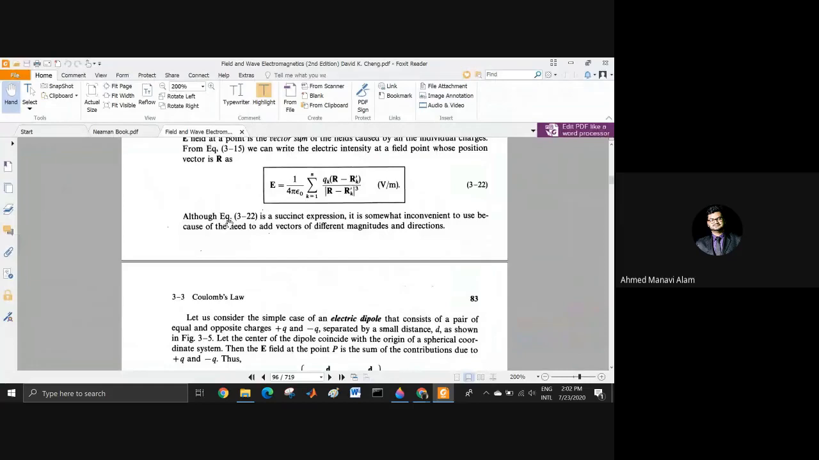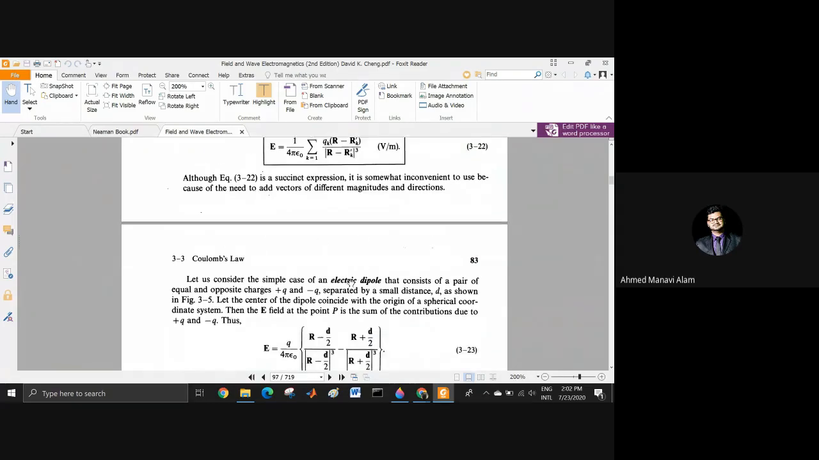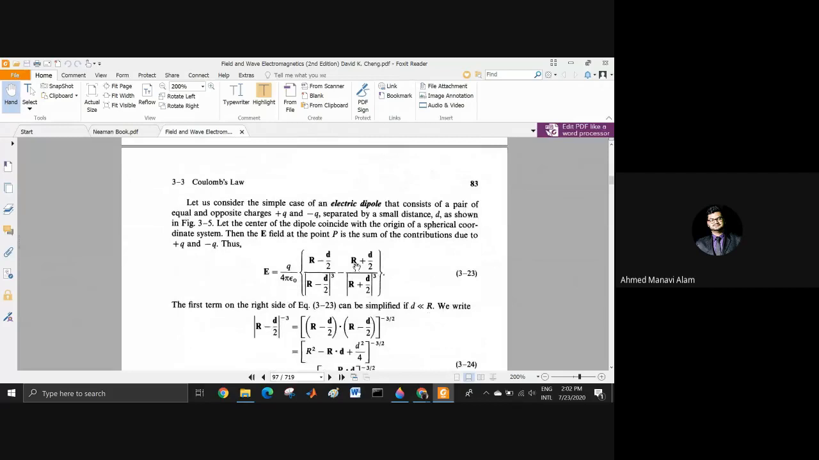Now, although the equation 3.22 is a succinct expression, it is somehow inconvenient to use because of the need to add vectors of different magnitude and direction. Now, let us consider the simple case of an electric dipole that consists